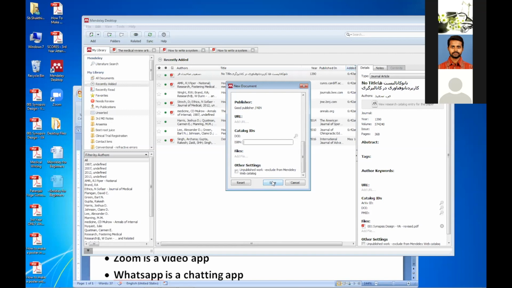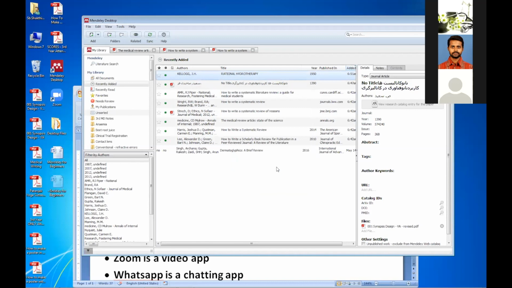Now, if you press save, it will save. Because I've given wrong information here, I don't want to save this in my library. But for the time being, I'm going to save it. You see here, I have added a rational hydrotherapy book. There is no content inside. If I double click it, the PDF will not open, that book is not available, nothing. But still I have a reference here, which I can add in my document. And that is enough for the teachers to see. Without a PDF also, we can add a reference.